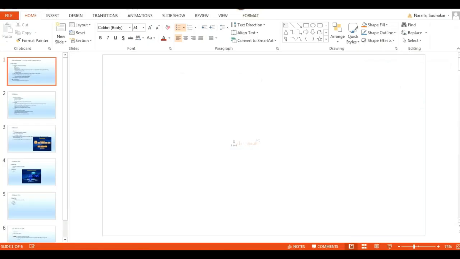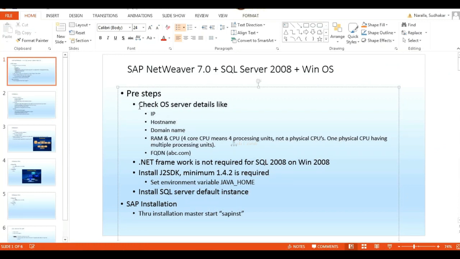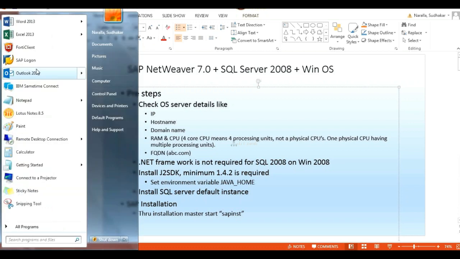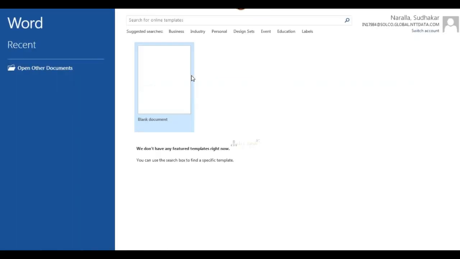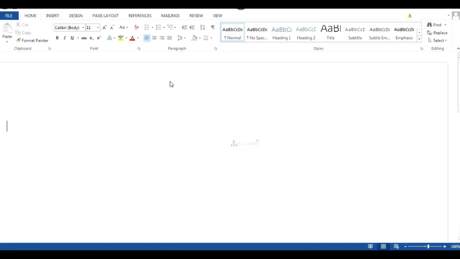As pre-steps, what do we need to cross-check? We need to cross-check our IP, host name, usernames, domain name, RAM, CPU. CPU here is a 4-core CPU. What is meant by core CPU? For example, a 2-core CPU and one CPU.